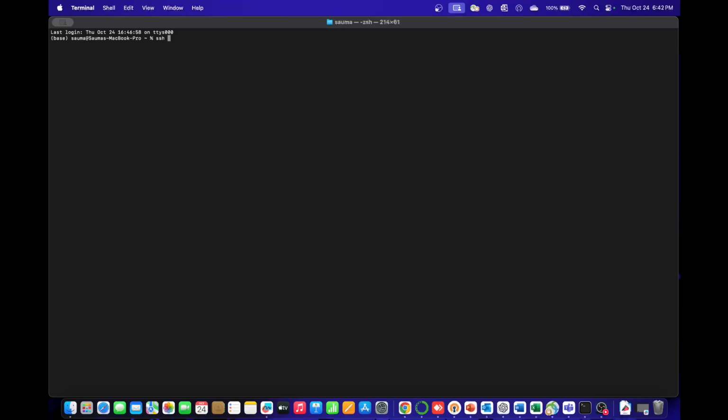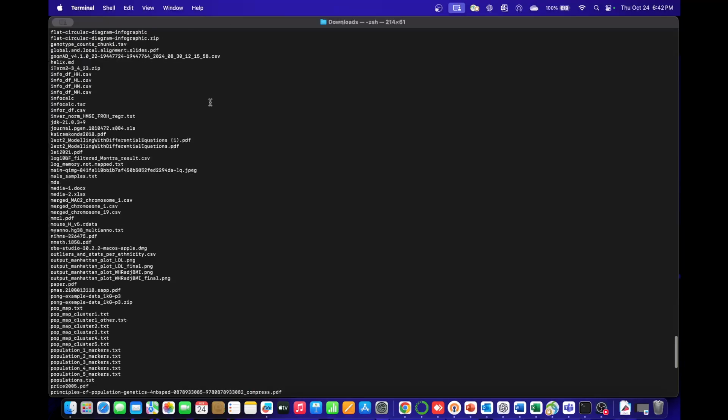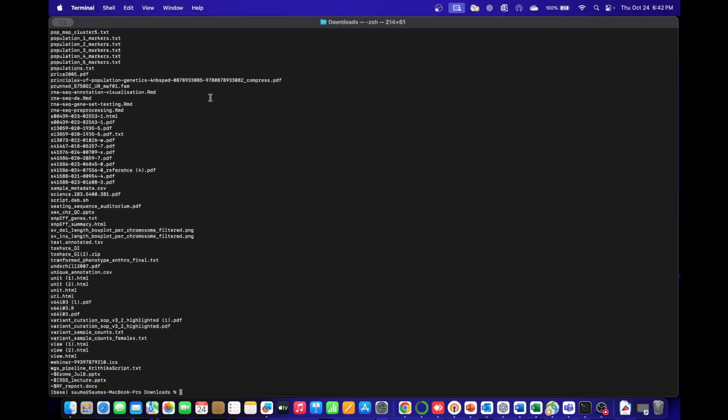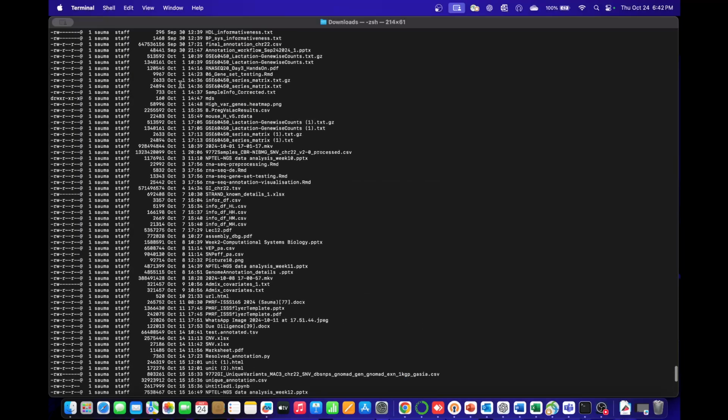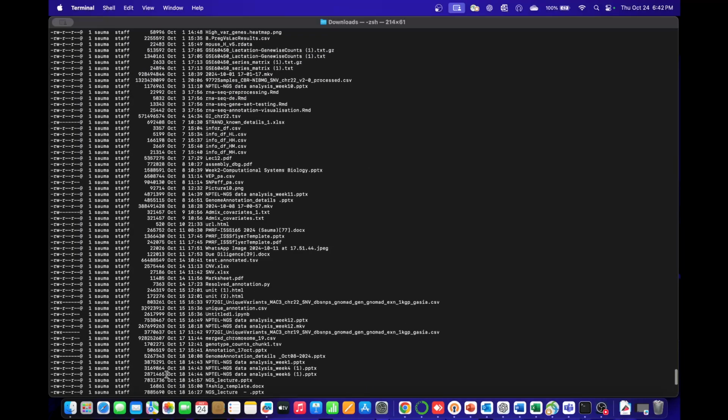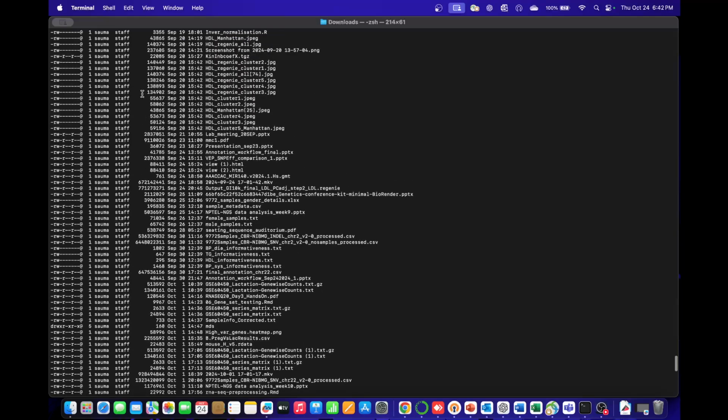Now one very easy command is cd, which is change directory. So cd, and then you put the name of the directory like this. It changes the directory. ls is the list command, which lists all the files in the directory. Now you can play around with it. You can list it and sort it by time and stuff like that. So it tells you this is sorted by time,